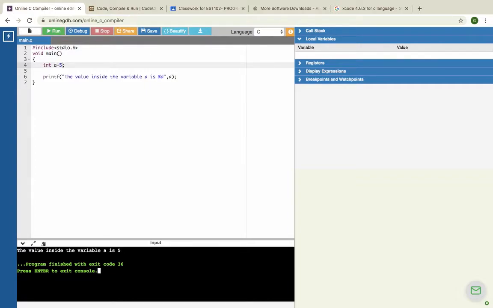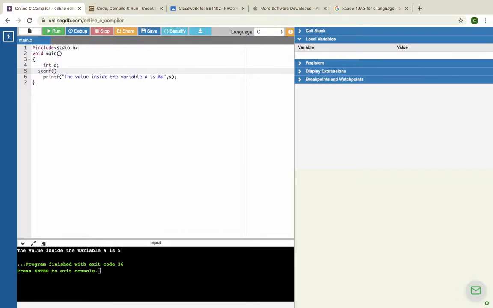That is, I don't want to assign 5 here. You can see here I have given 5 here. I am not going to assign 5 here. The value for the variable a will be given by the user. That means you are going to input a value to the variable a. So here we have to use the input statement. In C language, the input statement that we use is the scanf statement, and I have told in the previous lecture